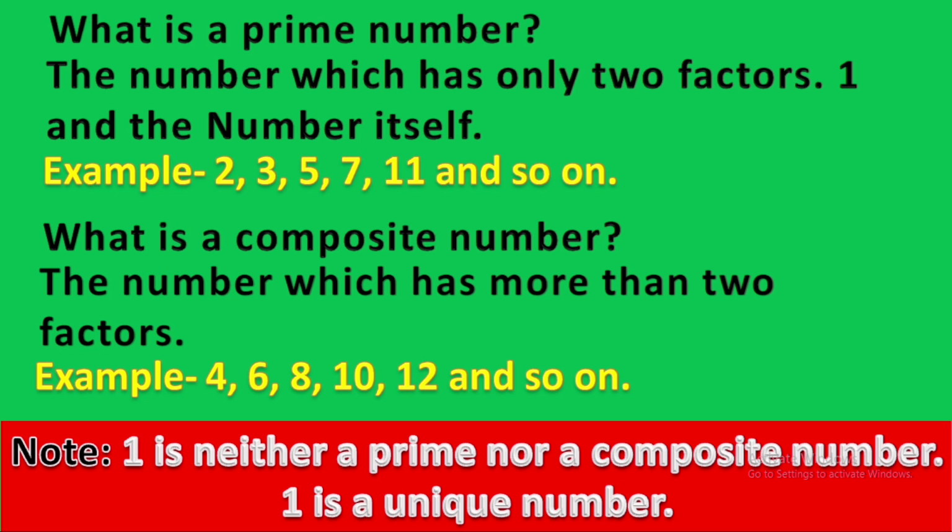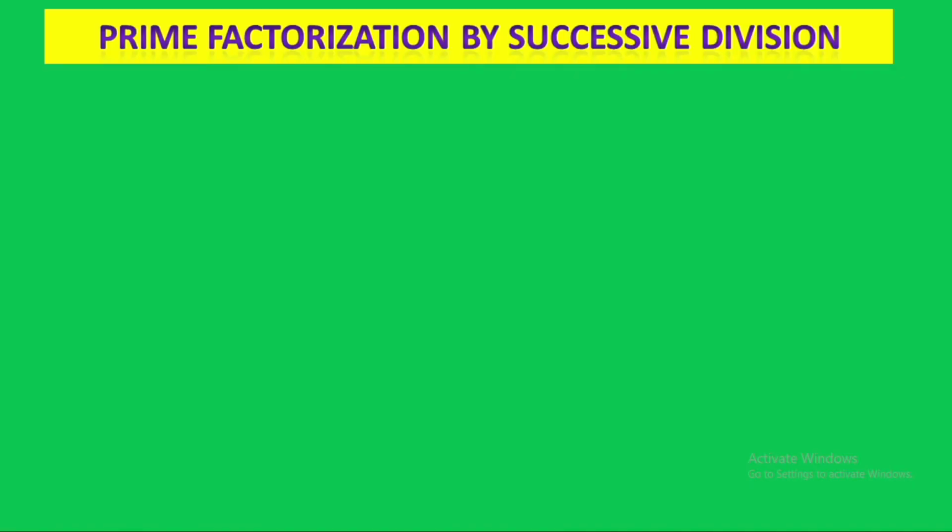So why have I told you what is a prime number? Because we are going to deal with this here: prime factorization by successive division. Here we need to take only the prime numbers. We only need to find the prime factors of a given number. So let us take a number, 84. It will go by 2. Let's divide.